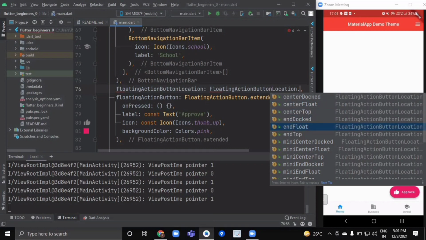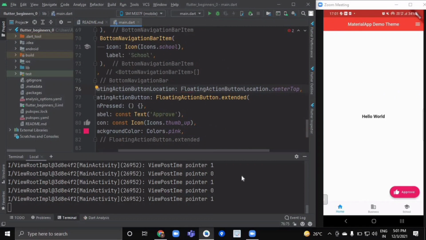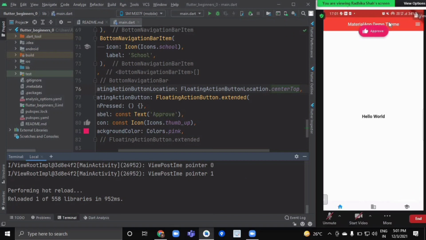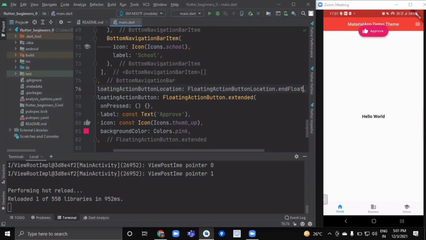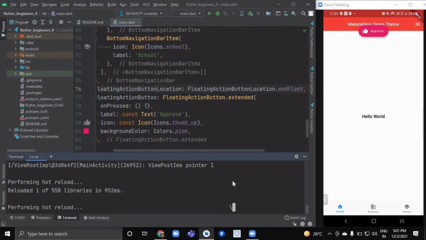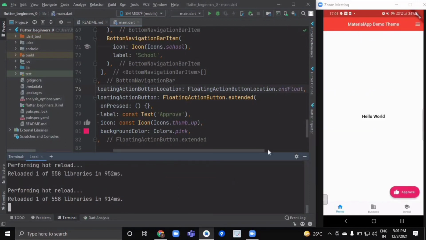So let us say we want to see it at center top, and simply hot reload it. So now it is over here, and now we'll change it to, let's say, end float, and again hot reload it. So it is over here. So you can explore all the various options on your own.